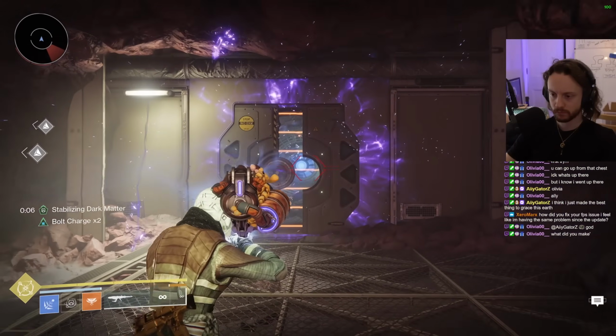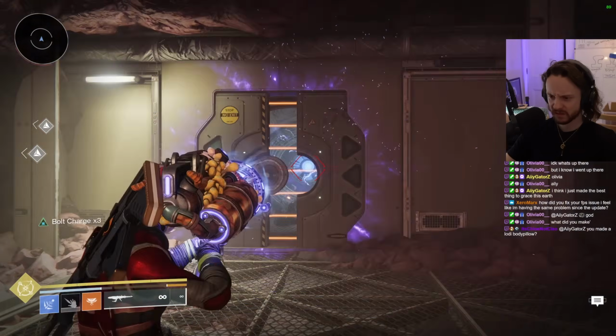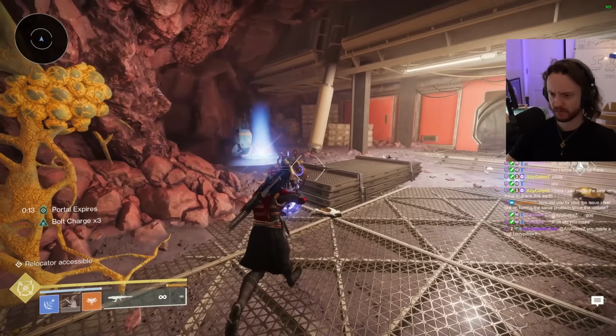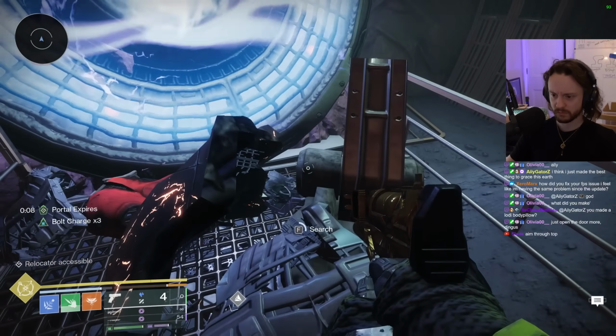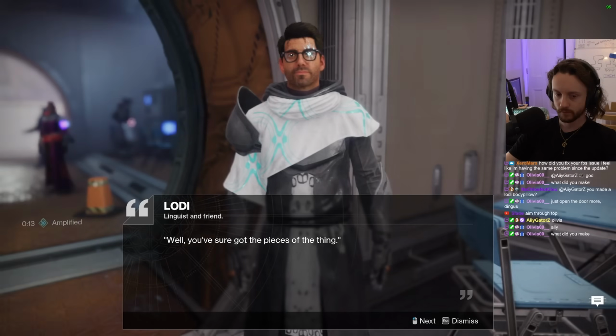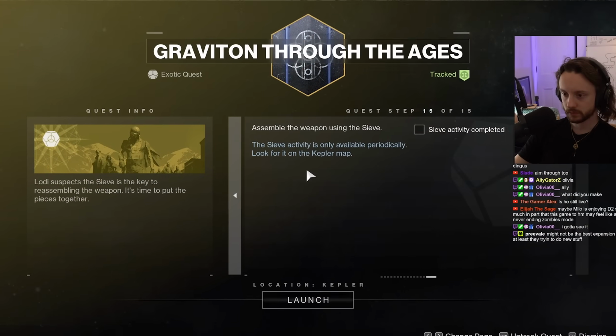Now, it can be a bit fiddly to thread your cannon shot through the gap, but you can do it, and once you do that, the teleporter will be just behind you, and you'll be able to pick up your final weapon part. Then come back to the caldera and talk to Lodi, and your quest will update for you